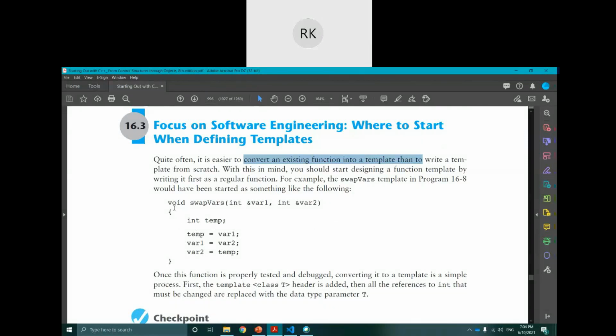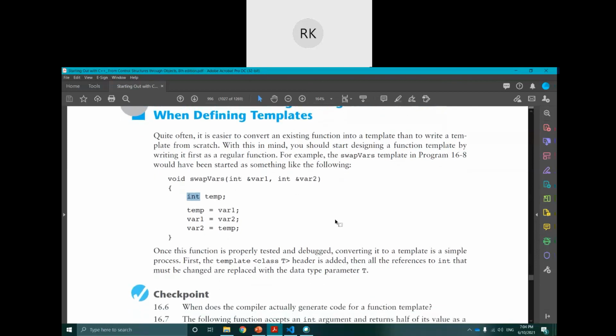Then let's suppose you already have a function like this, then just convert it to a template. How? Change every data type to one T, like integer to T, another to T. So just change this. So the answer to the question of when we should define a template is when you have many functions already, it makes the project longer, and difficult to read, understand and handle. So then convert the many functions to a template. It will reduce the size of the program.